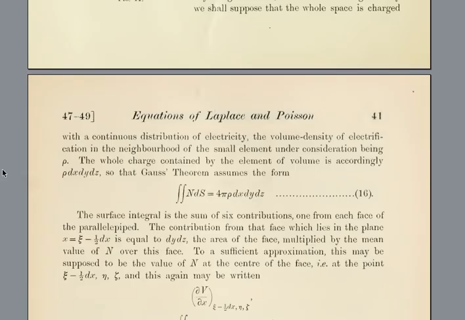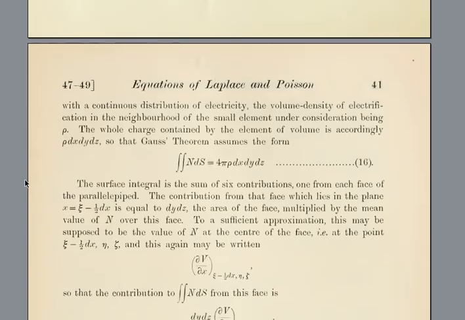The whole charge contained by the element of volume is accordingly rho multiplied by dx multiplied by dy multiplied by dz, so that Gauss's theorem assumes the form: integral of the normal component of the electric field over the surface dS equals 4 pi rho multiplied by dx multiplied by dy multiplied by dz. The surface integral is the sum of 6 contributions, one from each face of the parallelepiped. The contribution from that face, which lies in the plane x equals ξ minus 1/2 dx, is equal to dy